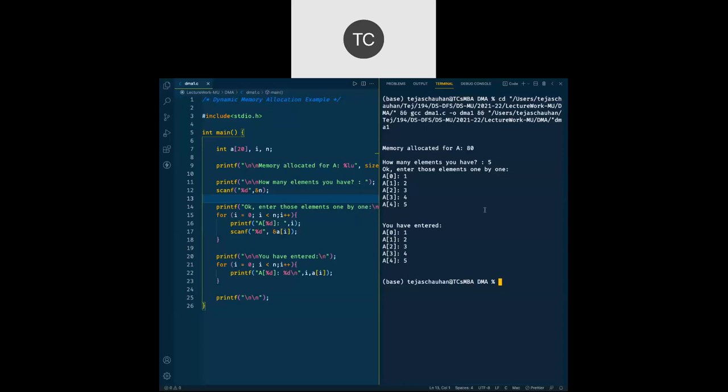जब हमने प्रोग्राम रन किया तो 80 बाइट्स हमें अलोकेट हो गए हैं. अगर ये 80 बाइट हमने अक्वायर कर लिए हैं तो और कोई प्रोग्राम उसको यूज नहीं कर सकता है. It is reserved. मैंने रिजर्व तो कर लिया, लेकिन मैंने उसको यूज नहीं किया. Inside my program, I'm using only 20 bytes. Remaining 60 bytes are simply in an idle case. No one can use it. Even I am not using it. So it's simply the wasting of memory.